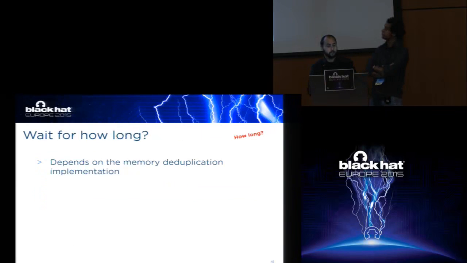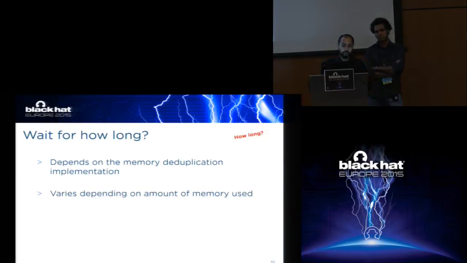Now the question is, of course, how long should the attacker or the exploit wait? This depends on the memory deduplication scheme and also on the memory deduplication configuration. The implementation will work differently on different systems, so we didn't want to assume a certain implementation. This also varies on the amount of memory that is actually used. If you have 2 VMs with 2 gigabytes each compared to 4 VMs with 2 gigabytes each, it takes more time until the memory deduplication scheme is able to compare all these pages to each other. And in the end, as an attacker, we have to assume the worst case.